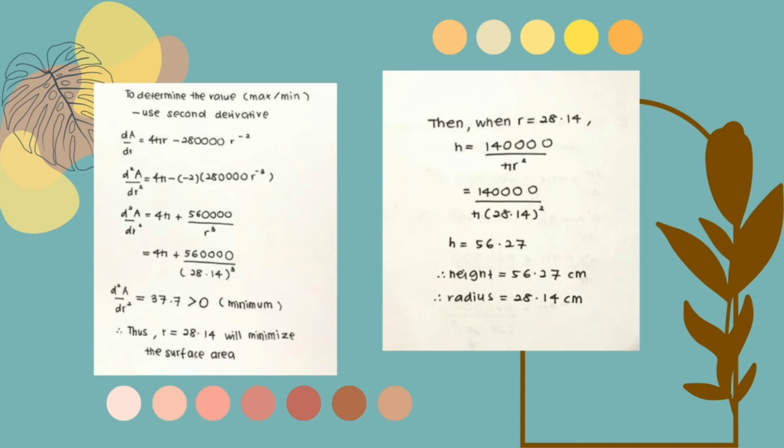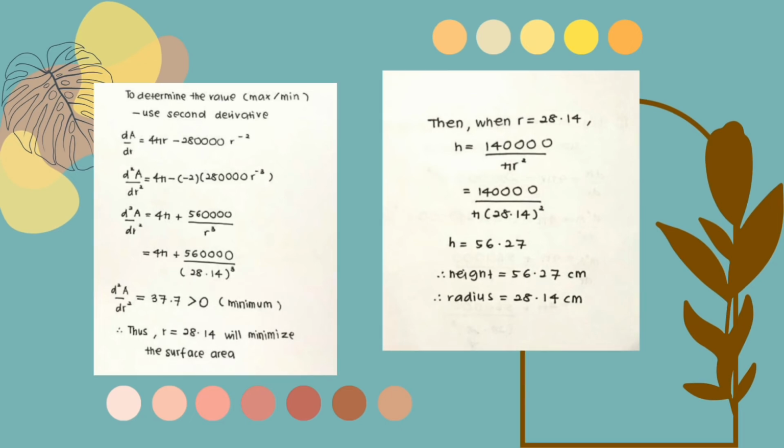So when r equals 28.14, we substitute r into h, and we get h equals 56.27. So from this calculation, the height of the strawberry tank is 56.27 centimeters, and the radius of the tank is